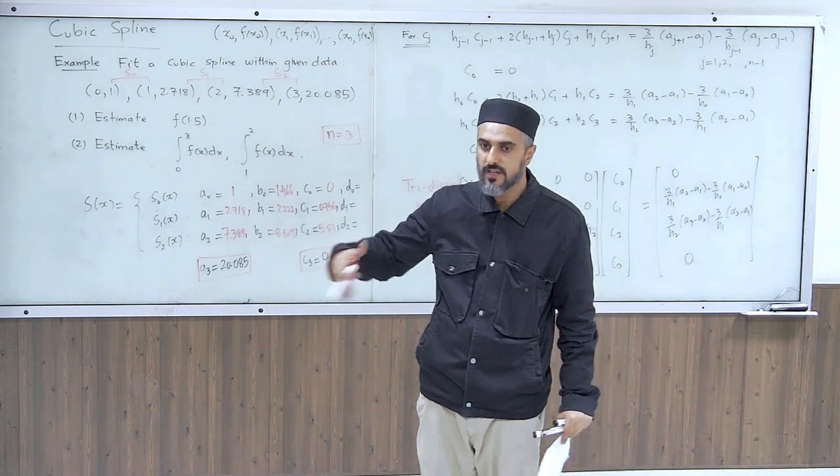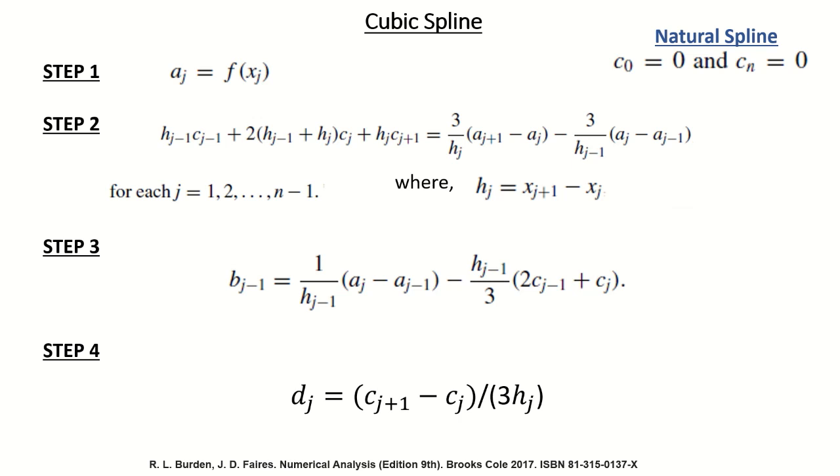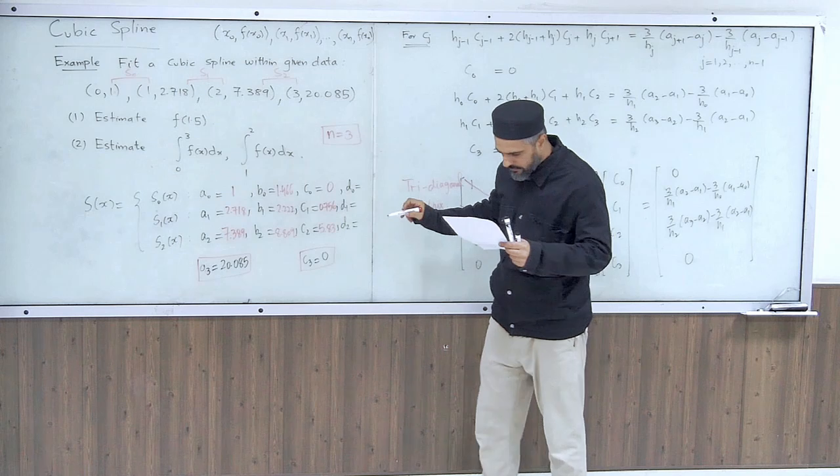So the equations are available to you. Okay? So now we are over with step number 2. Now we'll go to step number 3. So we have AJs, we have CJs, we'll find the BJs. We just plug the values into this expression. And finally you'll be able to find the DJs. Okay? So the DJs come out as